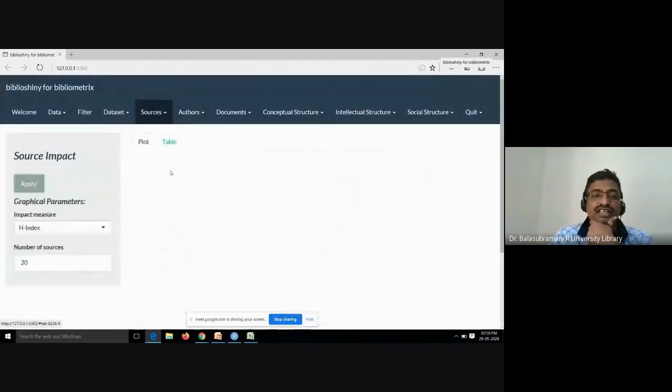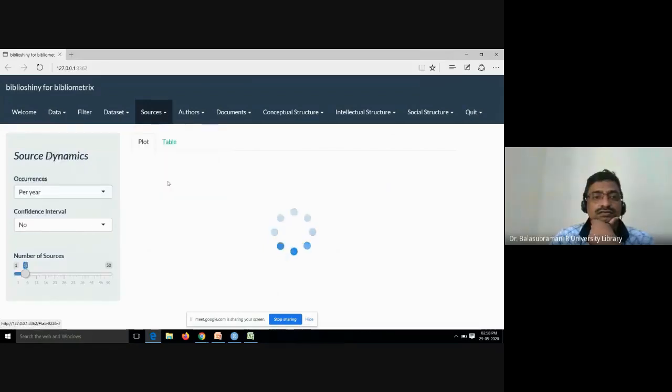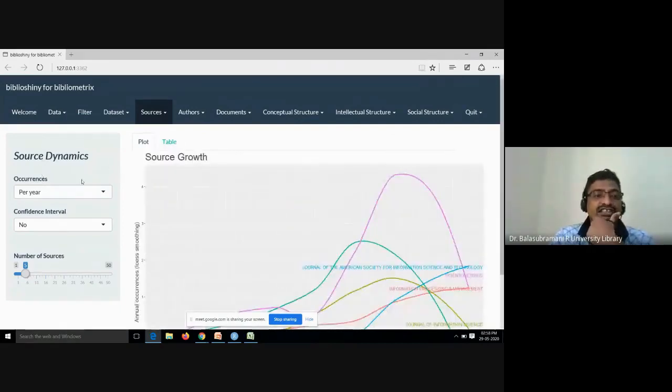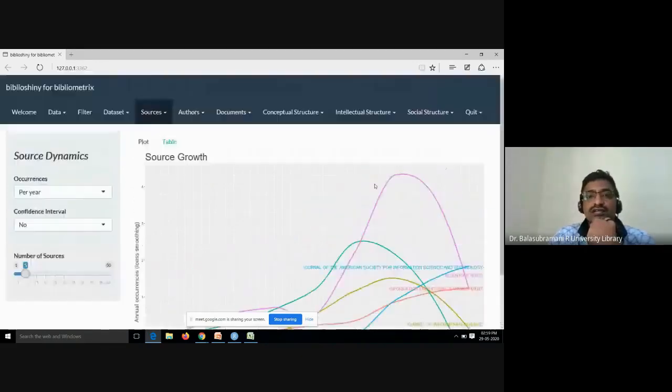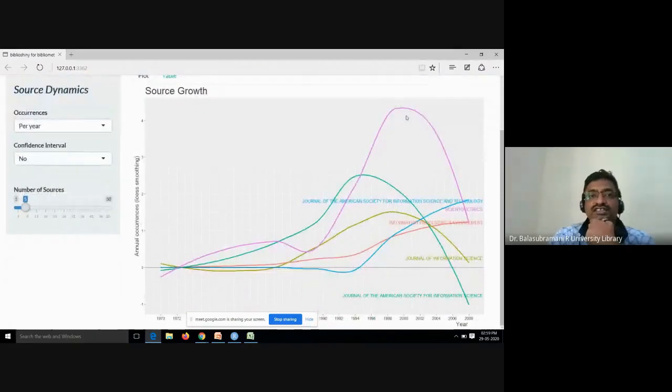Source impact is also there. Here, on the right hand side, you can see occurrence per year, number of sources. You can see the diagram, which journal dominates more. This is the growth result.